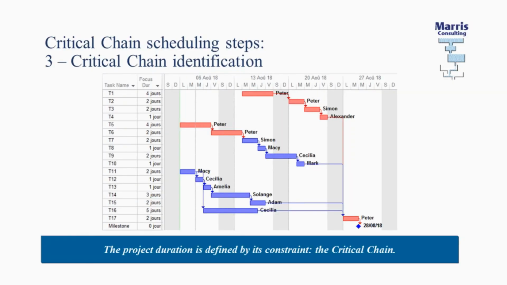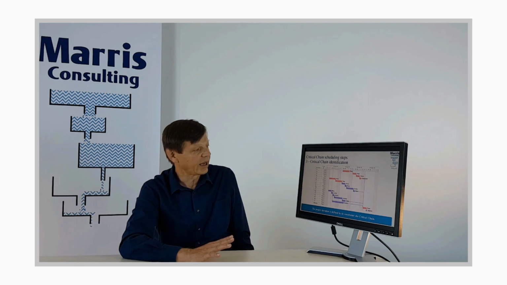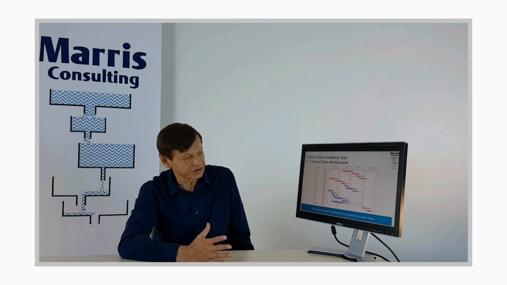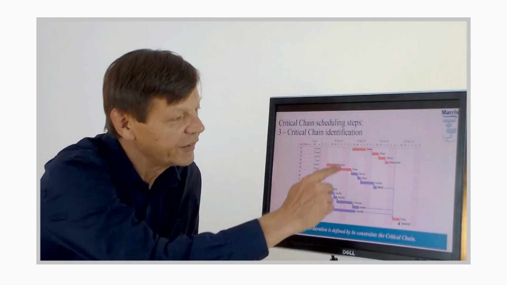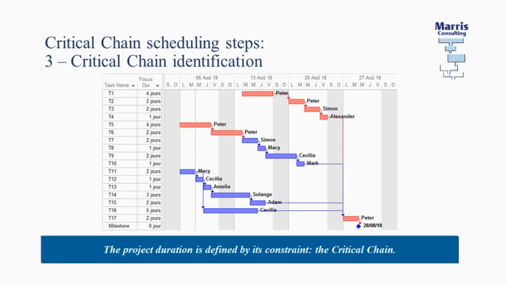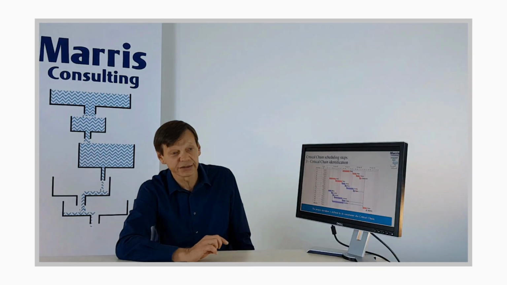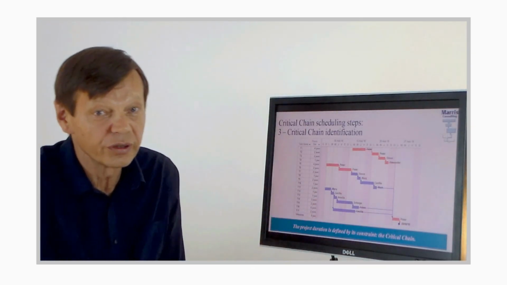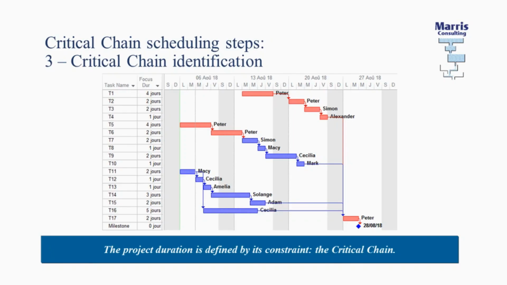okay? And it's fundamental. It is that sequence that is going to determine the duration of a project, right? It is not the critical path, it's the critical chain, okay? And I remind you, critical chain is part of the theory of constraints. You can also say that it is the constraint of your project. If you win a day on that particular sequence, your project will be a day shorter. If you lose a week going through that sequence, your whole project will be a week later, okay? It is not dependent on the non-critical, okay? So that's the critical chain, and